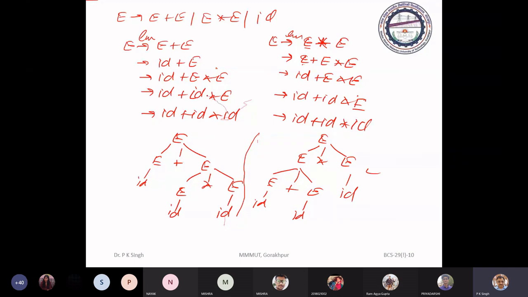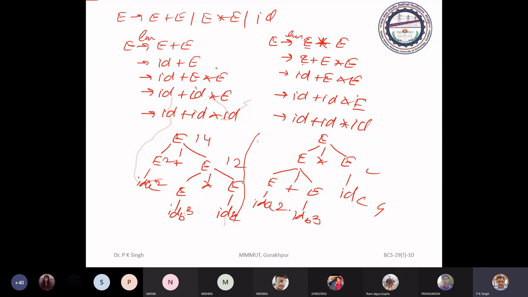And it will give two different meanings. You can see this is A, this is B, this is C. The values are 2, 3, 4. 3 into 4 is 12 plus 2, 14.